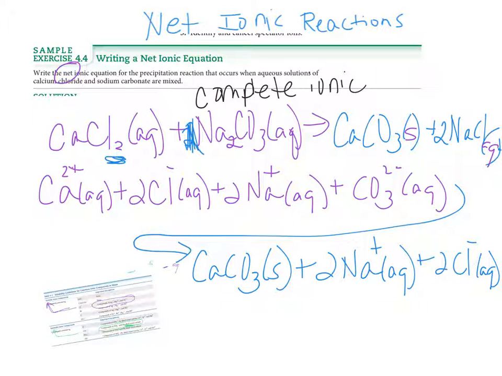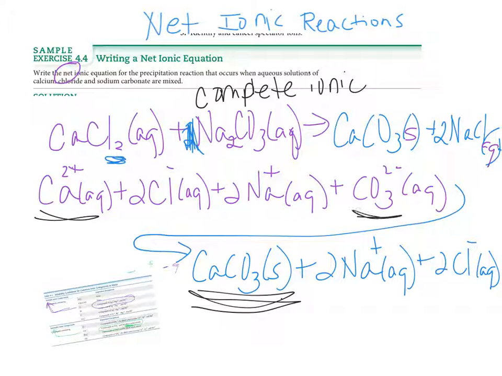Now, what I've just written is the complete ionic reaction. I wanted to show you how to write the net ionic reaction. First you write the complete. The net ionic reaction includes only the ions that reacted to form a precipitate. So I'm going to look at this. The calcium carbonate was my precipitate. So I need to include on my reactant side the calcium,